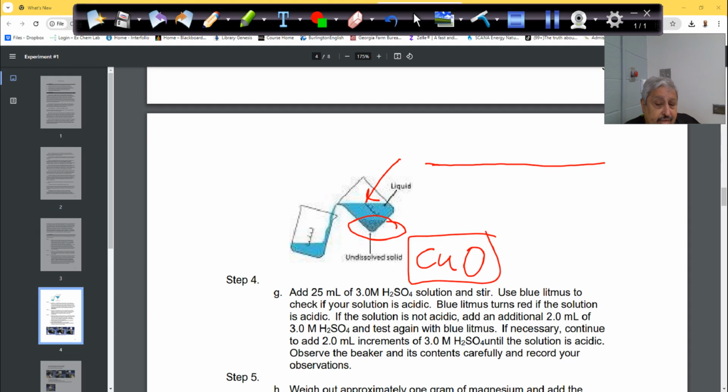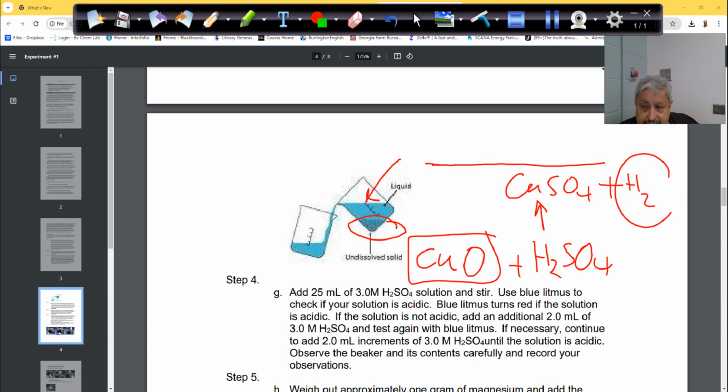oxide. Then you add to it sulfuric acid. When you add sulfuric acid, you will get copper sulfate, a blue solution, plus hydrogen. Now we have to watch for this. This is a major problem if we have an open flame. We'll never have an open flame. We'll use a hot plate, correct? So that's step 4. And the last step here is,